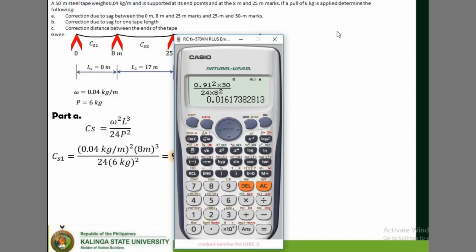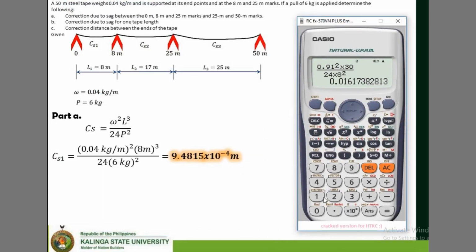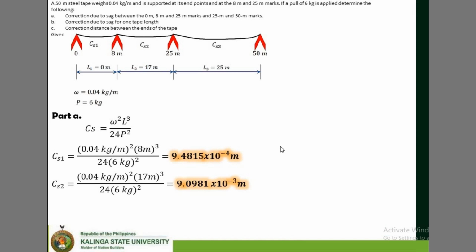Let's double check this in our calculator. Is it correct? That is 0.04 squared times 8 cubed over 24 times 6 squared. So, my answer here is 9.481 times 10 raised to negative 4. Okay? Next, CS2